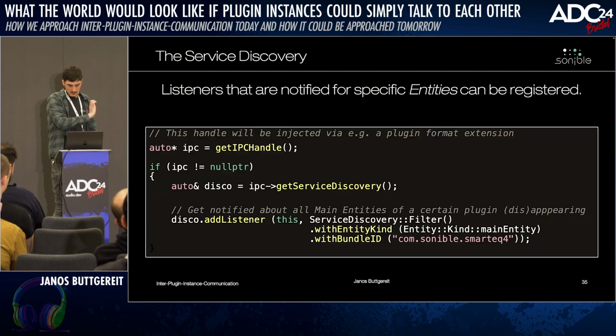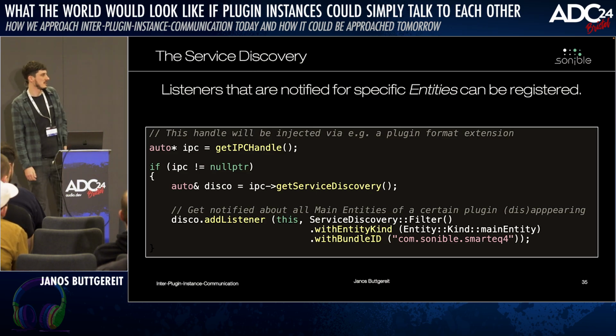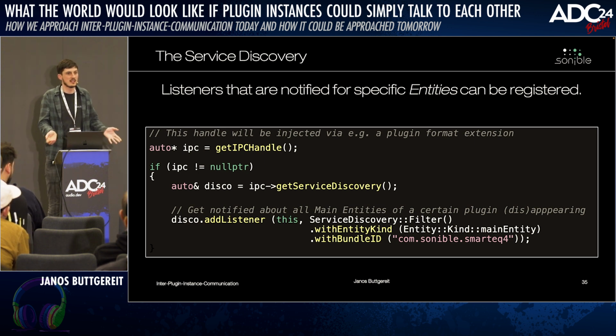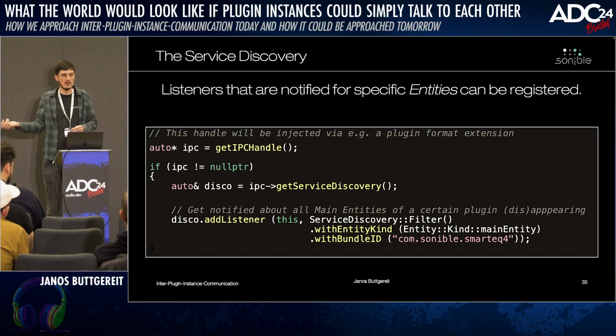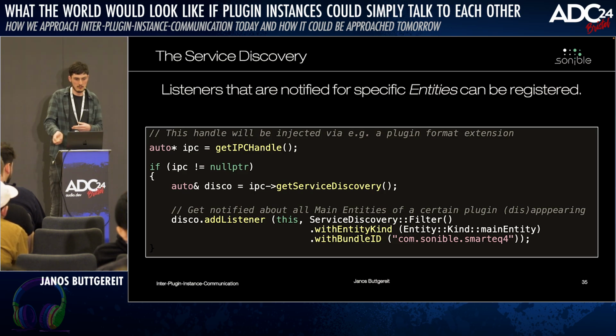And I think of having something like get IPC handle, so a function that can be called from within your plugin processor, and if by some means a handle has been injected via a format extension, then this will be non-null, and you can do stuff with it. You can just say, hey, give me your service discovery instance.